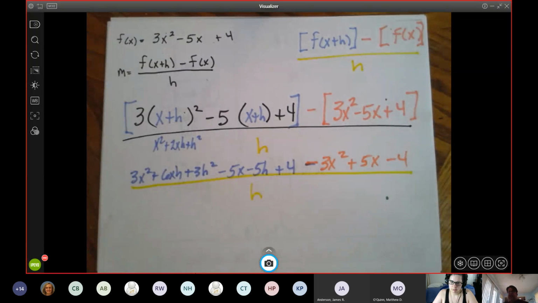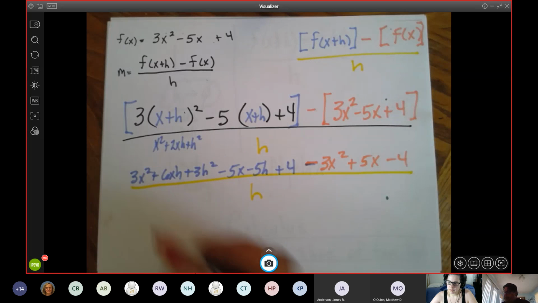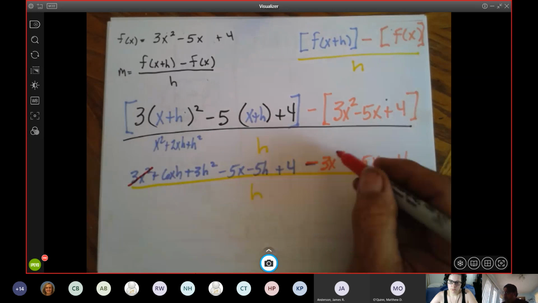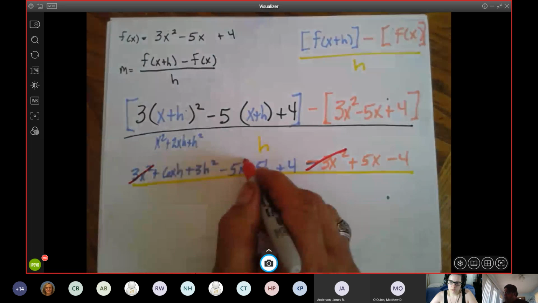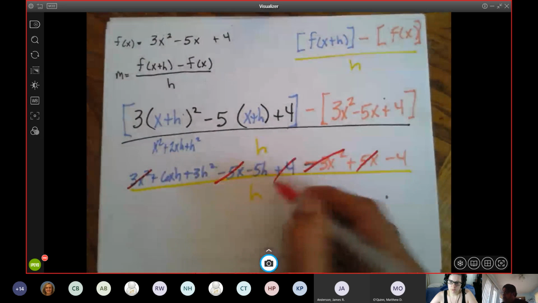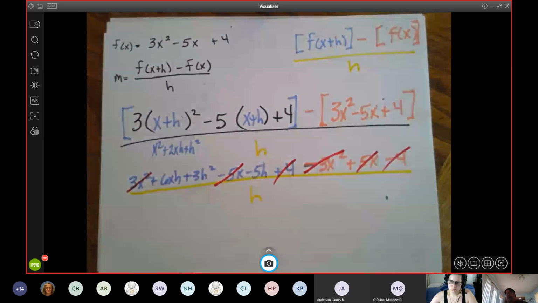Now, this should happen when you do this correctly. All your x terms should do what? Cancel. Cancel, and your numbers should cancel. Not all of them, but most of them. 3x squared, 3x squared. 5x, 5x, 4, and 4. Usually the only thing left most of the time, unless you get into higher derivatives, is the x and h